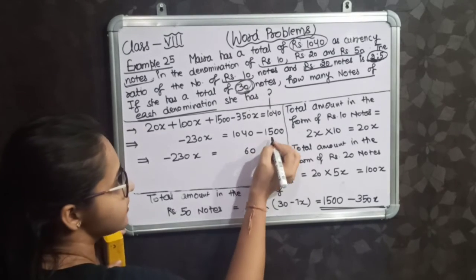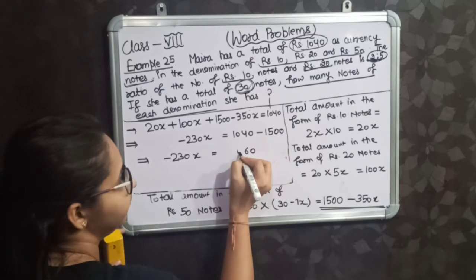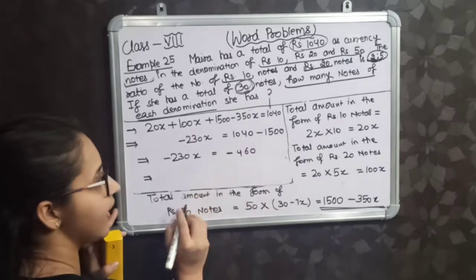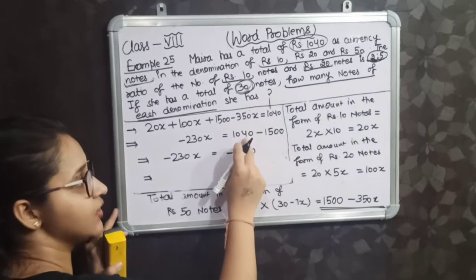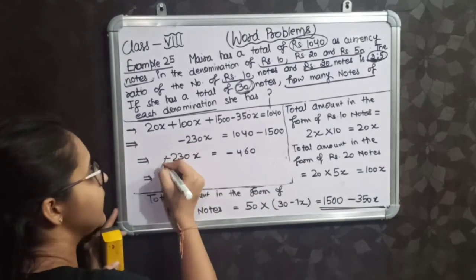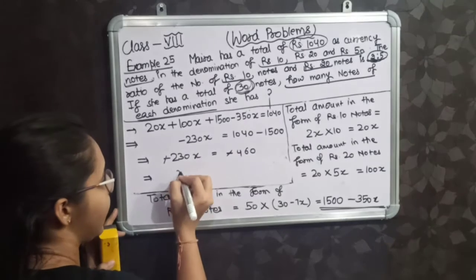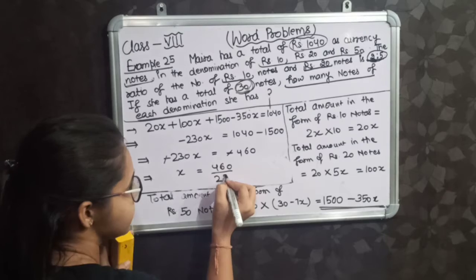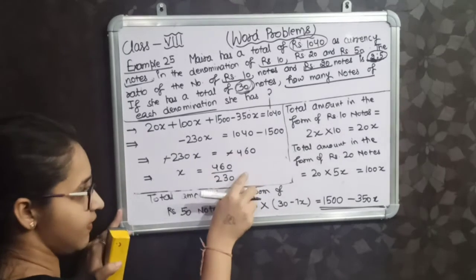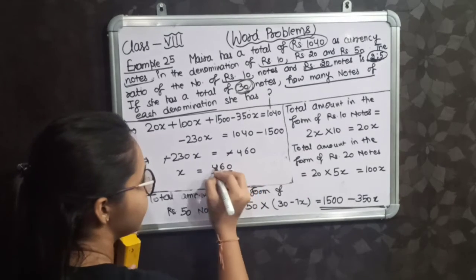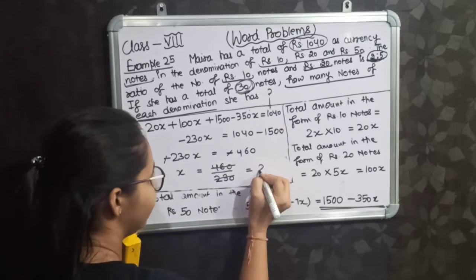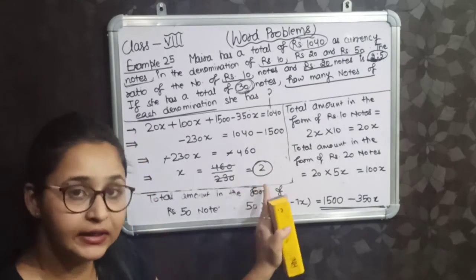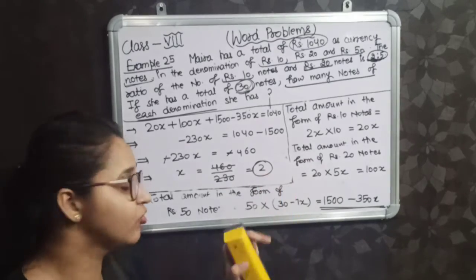now it will give you 0, 10 minus 4 is 6, now 4. Okay. Now with minus sign. Why? Because 1500 is larger than 1040. Minus and minus cancel, and it will give you finally the value of x. x is equal to 460 divided by 230. Okay. Cancel. It will give you 2. So this is your value of x only.